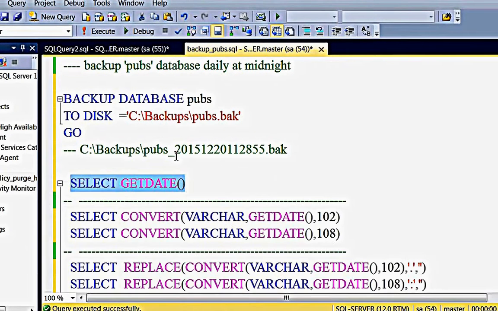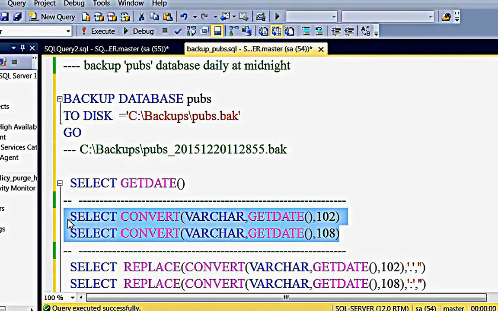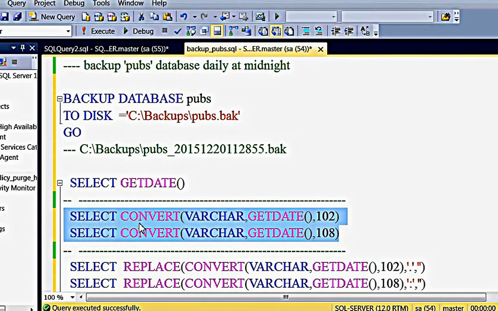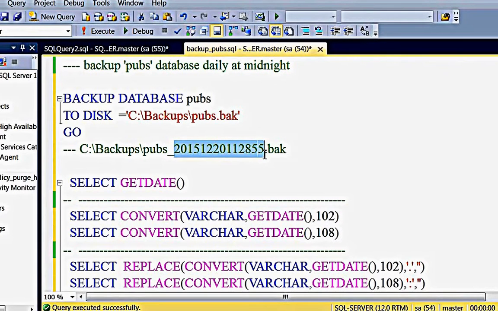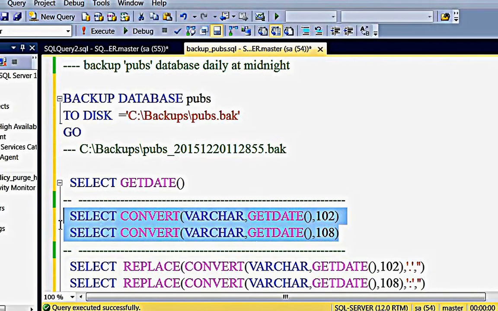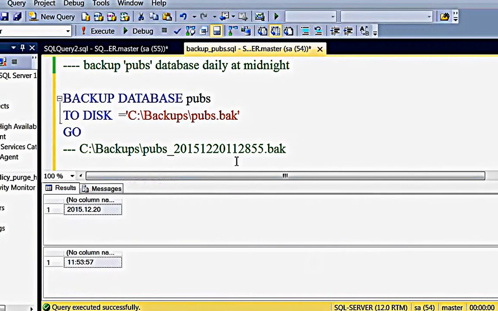So for that we need some built-in functions. Those built-in functions are convert and replace, to generate this type of string. I'm using these strings to generate the times.